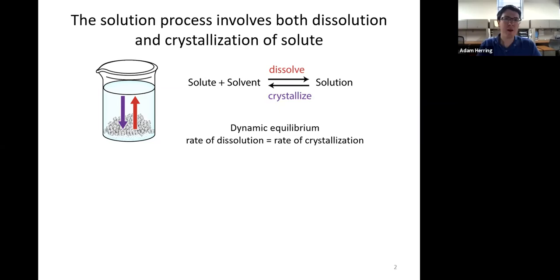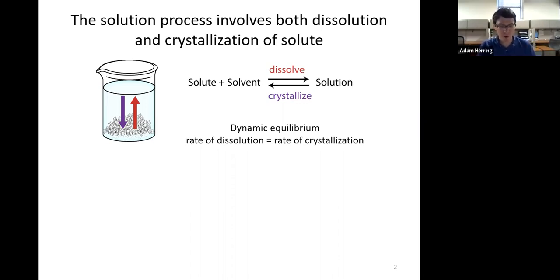Now, we've already talked about dynamic equilibrium when we looked at vapor pressure. When we had the liquid form of a substance that's evaporating, it increases the pressure of the gas up above it, but the gas then eventually comes back down, reforms those intermolecular forces, and forms the liquid. So in a similar way, we have the dissolution process where the solute dissolves, and then the crystallization process where